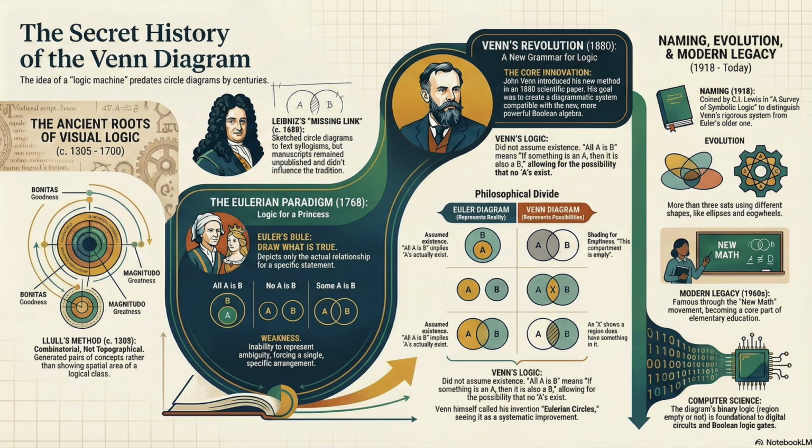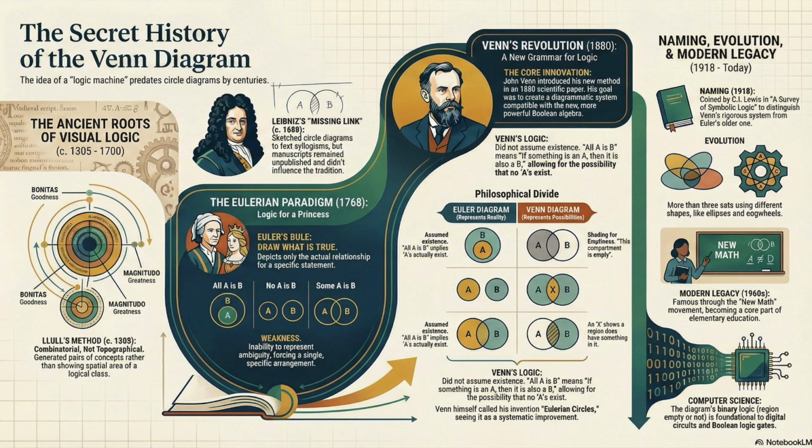John Venn provided the crucial algebraic system and the logical rigor, the primary diagram and the shading syntax. He transformed a simple drawing into a generalized calculator fully compatible with modern Boolean logic. And finally, Clarence Irving Lewis gave us the name, codifying the necessary distinction that allowed Venn's method to achieve academic clarity and widespread adoption. So the next time you look at those 3 overlapping circles, remember the philosophical argument that's embedded within them. The Euler diagram shows us what is true in a